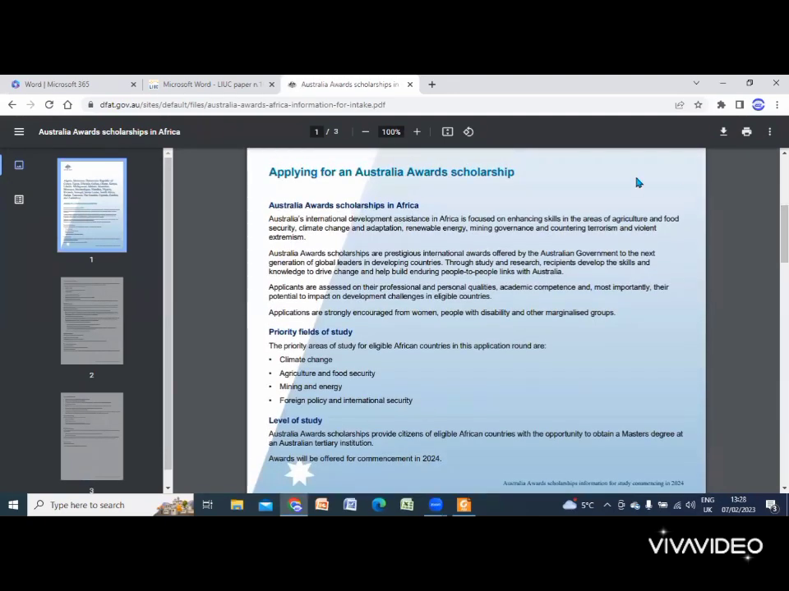So you can see these are all the information. Here you will even see the priority fields of study, which means you need to choose courses in these areas: climate change, agriculture and food security, mining and energy, foreign policy and international security. So you can also see here